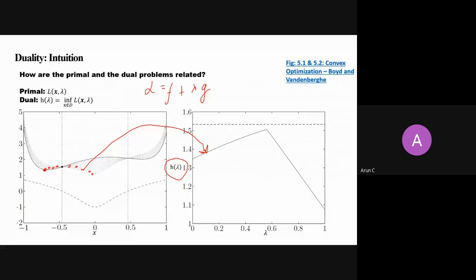So we are actually taking a duality concept. We are converting our primal problem into a dual problem. The primal problem may not be convex, right? Here you can see that this function is not convex, but the dual problem is always a convex problem, because my dual function is concave, and concave is nothing but the negative of convex. So you minimize it and you will find a unique solution. That's why people convert into duality, to take advantage of convexity.